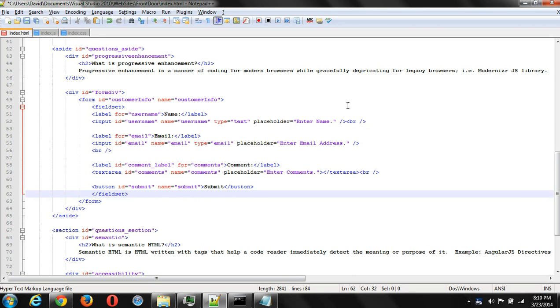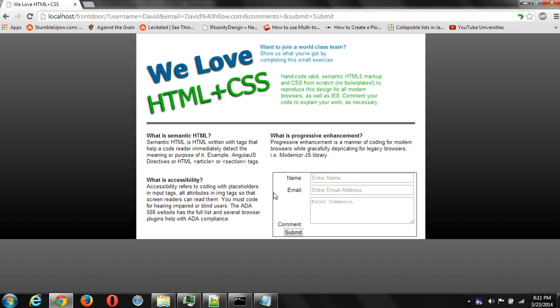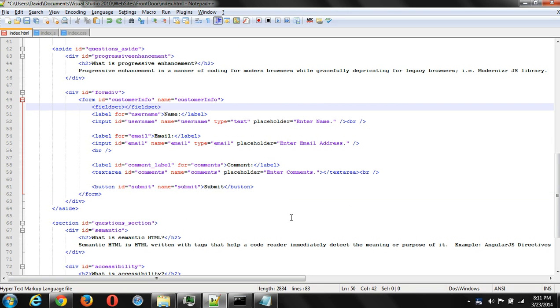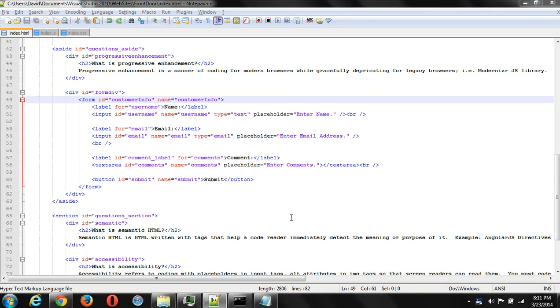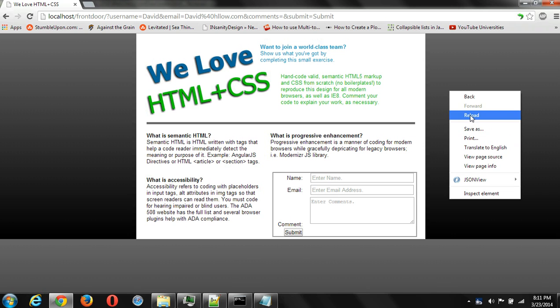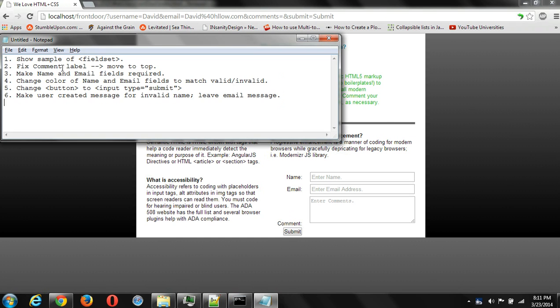If you use a field set, you can break your forms up, and essentially what it will do is put a border around it. So we're not going to use that for our current tutorial because we only have the one form. There's no reason to have a border around it. It's not separating it from other forms. Next, let's take a look. So we're done with that. Let's look at